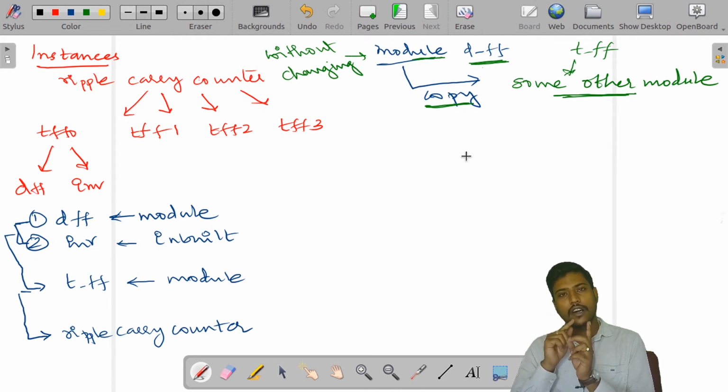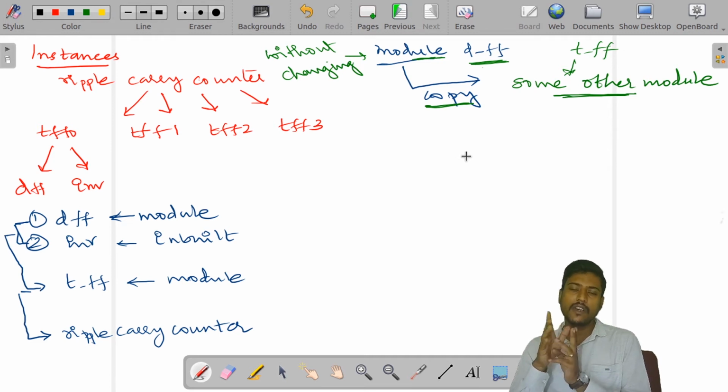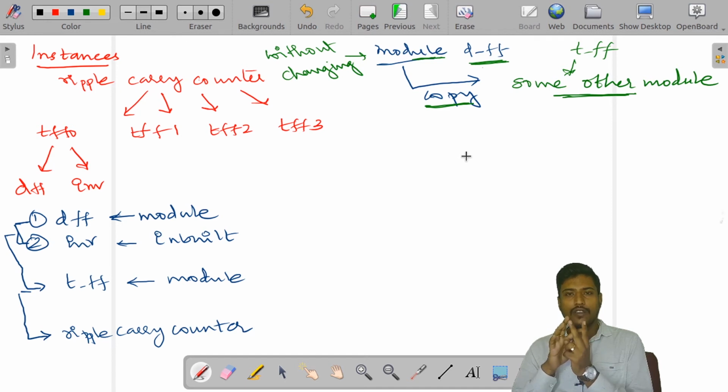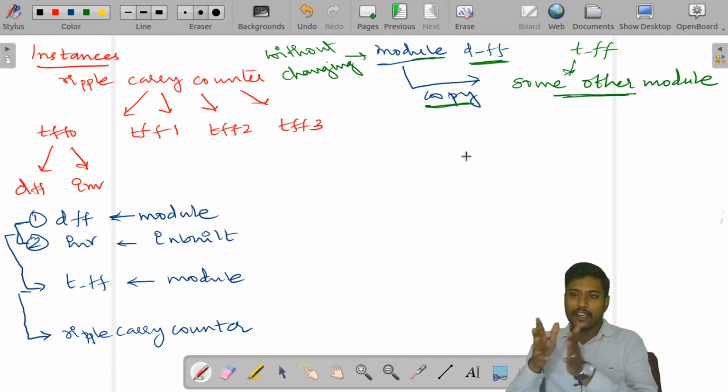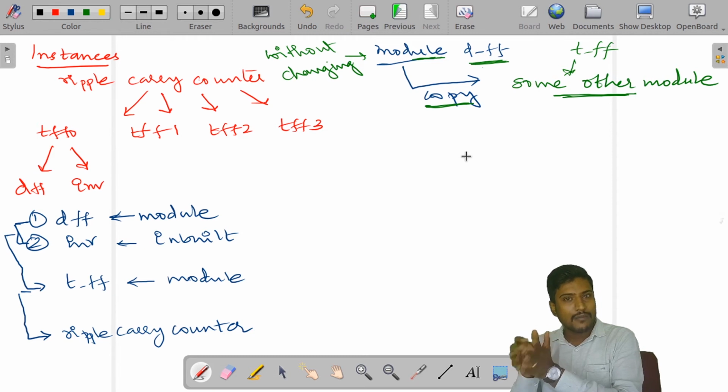Anyhow, I have created a module for my D flip flop. I have written a module program for a D flip flop, and we have one inverter which is predefined and inbuilt, available in our EDA tool. So, in order to create a T flip flop, I need a module for the D flop and an inverter. Verilog gives us a privilege where I cannot alter my original program, but without altering that program, I can make use of it in some other module.